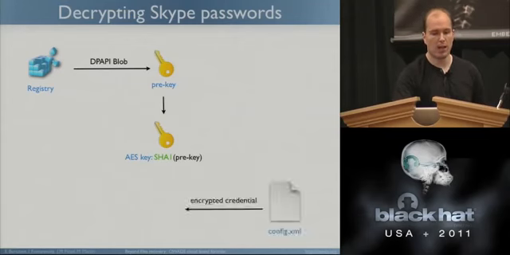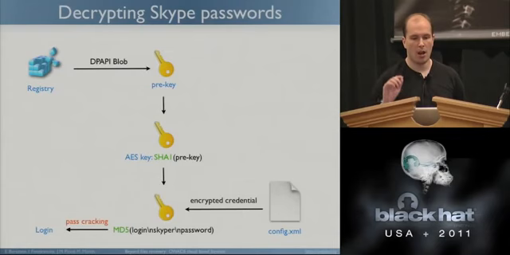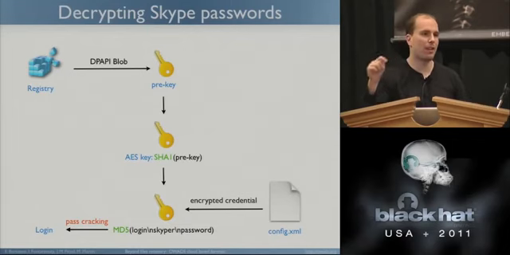From that, you can get the encrypted credentials, which are in the config file, and then you think you're done. Well, that's where the problem starts: the credential you decrypt is actually the MD5 of the string: the user login, \nSkyper\n, the user password. So we know the user's Skype username, we can get it from the configuration file, but we don't know the password. So now we have to crack the MD5.